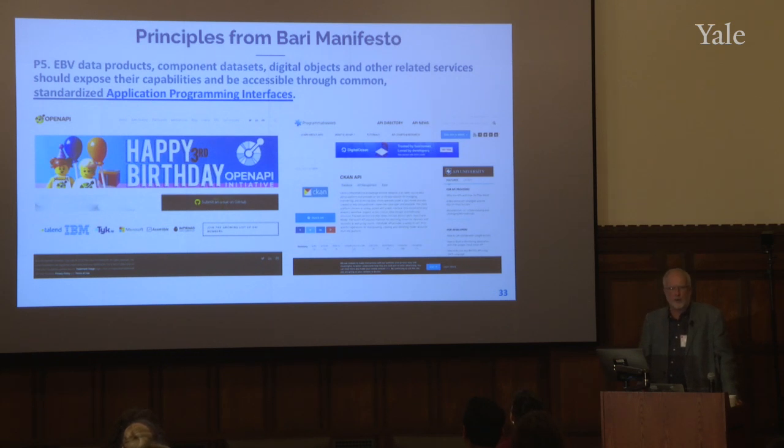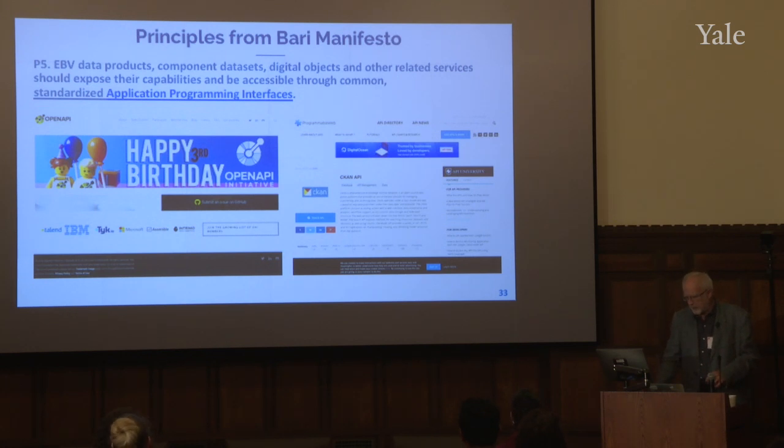The fifth, and I won't go into detail here, but this is more for the programmers in the audience, is to use standardized application programming interfaces or APIs. And again, the idea is to just make it easier to integrate across different organizations by following or using common APIs. So I will take a little bit of departure here and look at DataONE for just a minute,